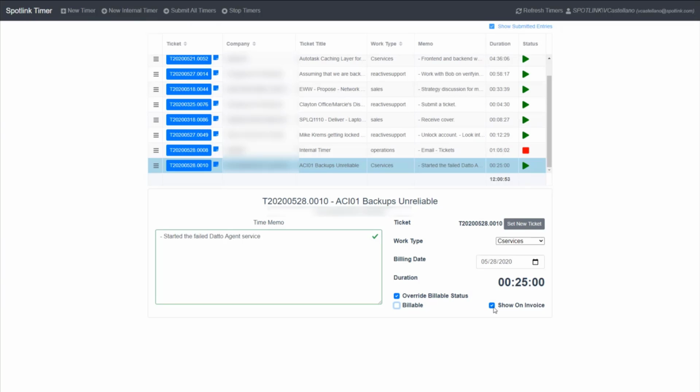If you're going to no charge a portion of your ticket, just create a new timer and then move the no charge portion of the time there. So like, let's say that you're doing half of it for free, just move it over to that. You'll have two timers, submit it. Make sure to always show on invoice,